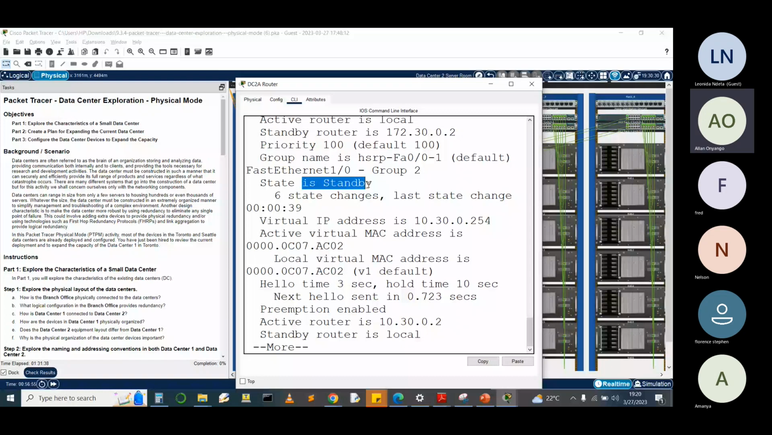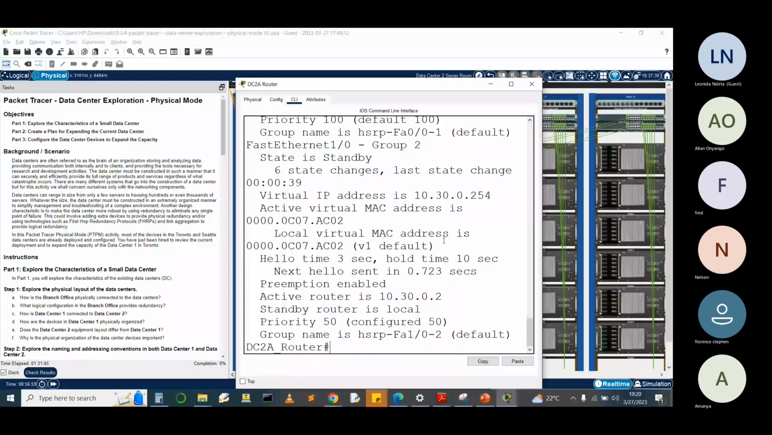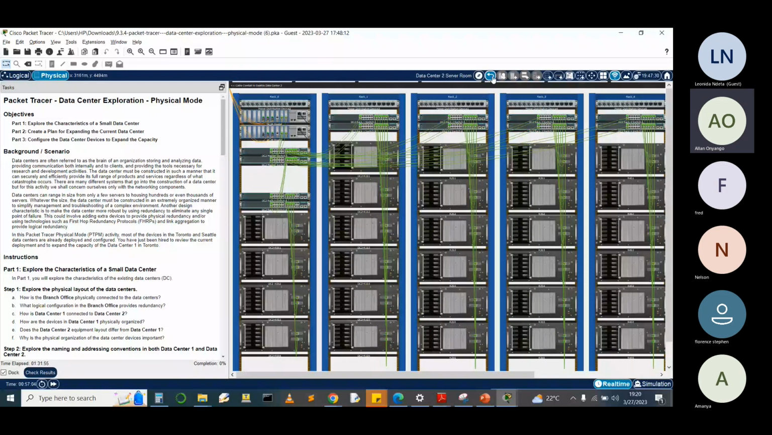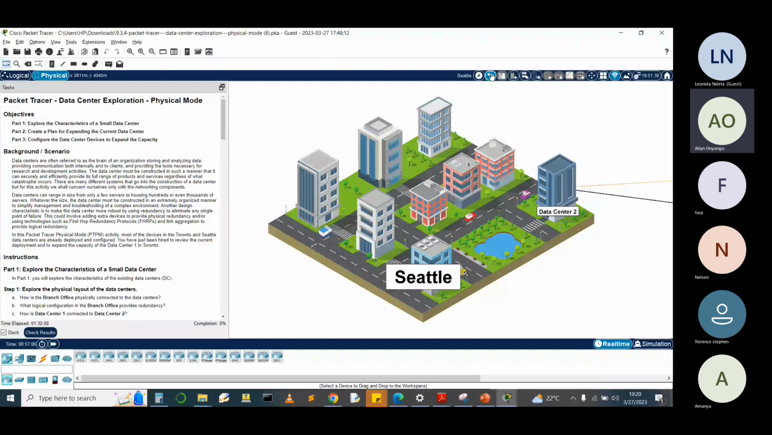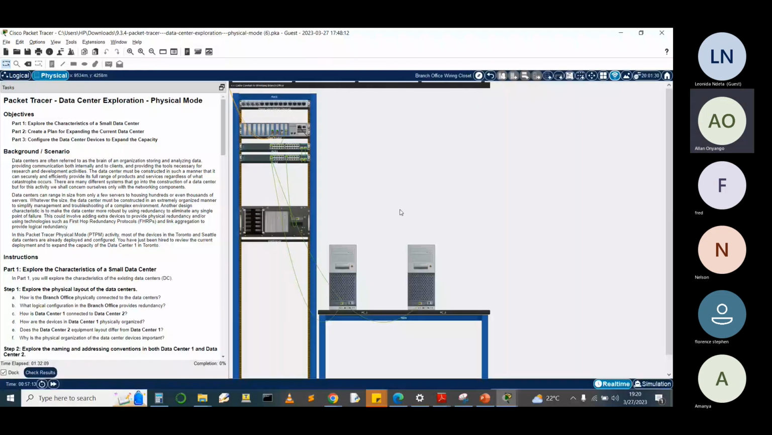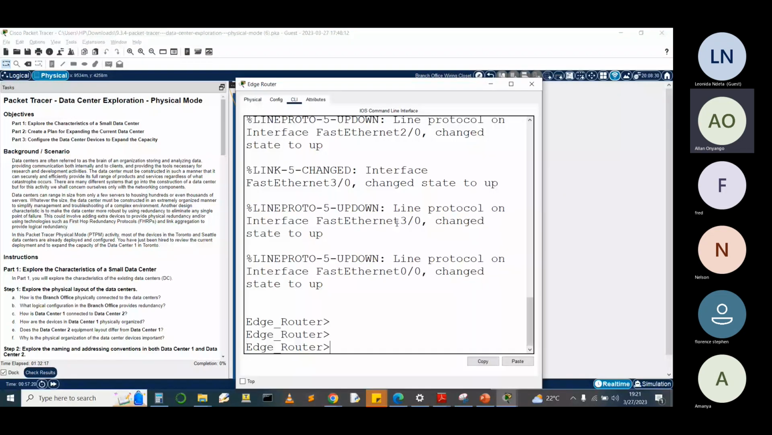And the priority is 50, as you can see, and the active router's IP is there as well. Having seen that, let's look at the central point, the point of aggregation, which is at Winnipeg. And I'm going to look at the aggregation point, which only has one wiring closet, which is connecting the two service providers. So I'm going to get to this router, and most probably this router might only have the routing table,